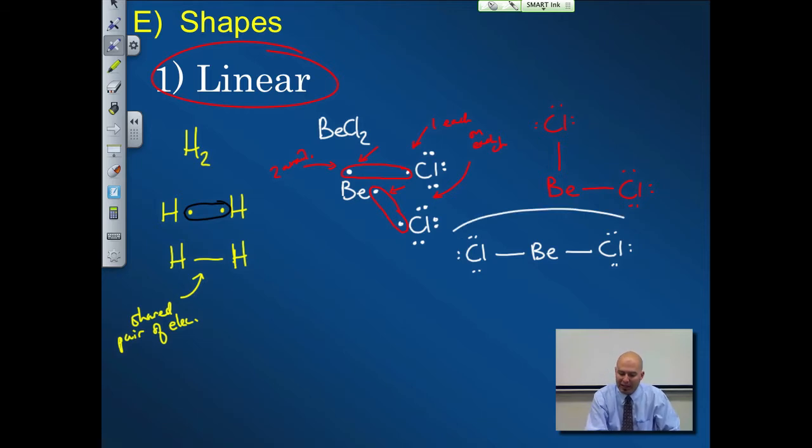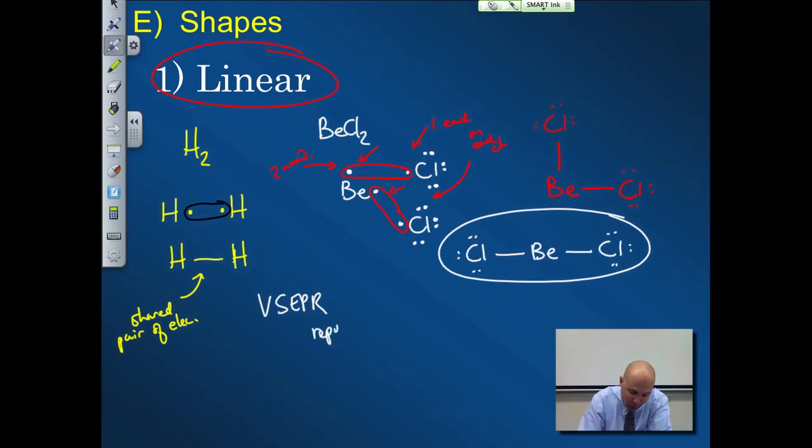All right, the reason that this happens is because of the VSEPR theory. All right, VSEPR, valence shell electron pair repulsion theory, and really the key is the repulsion here. All right, if you think about it, these are shared electrons. Okay, and if I grab my pen here, notice that it's in this 90-degree arrangement. Well, if electrons are negative, as they all are, then we have electrons here, and they want to repel. They want to get as far apart from each other as possible. So they're going to repel